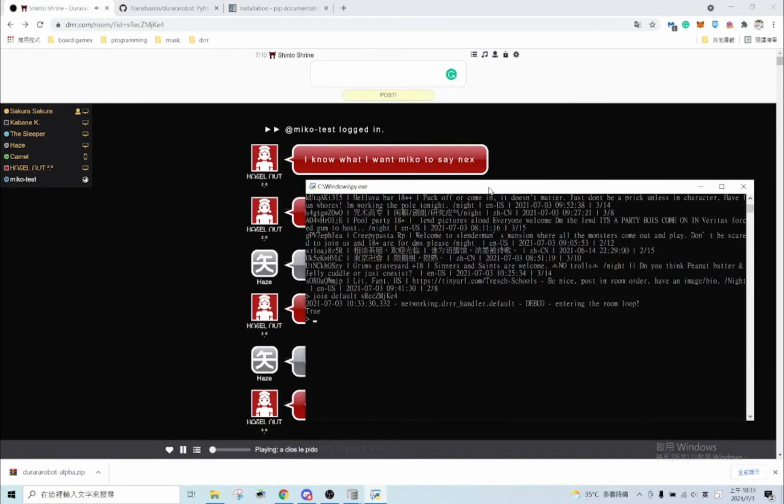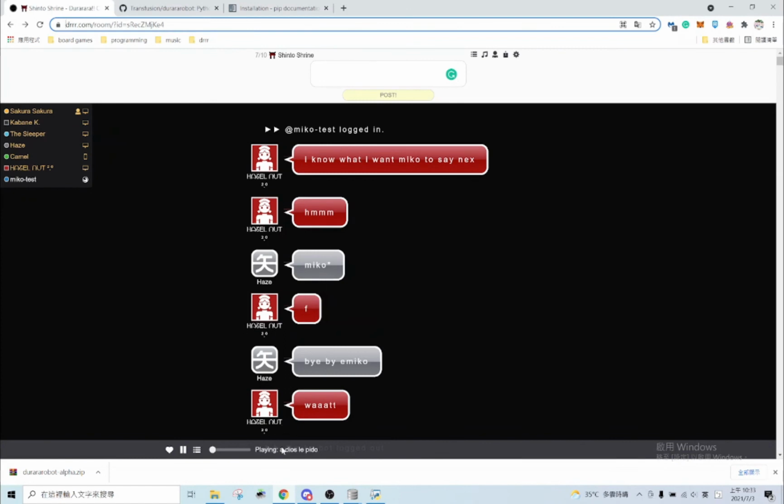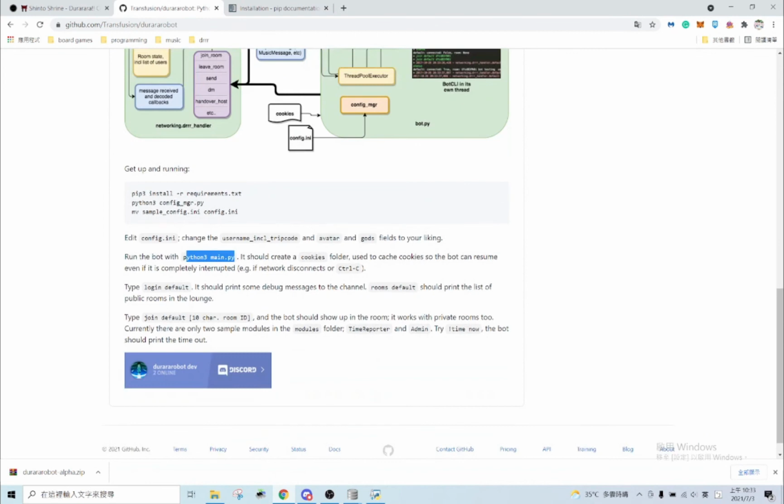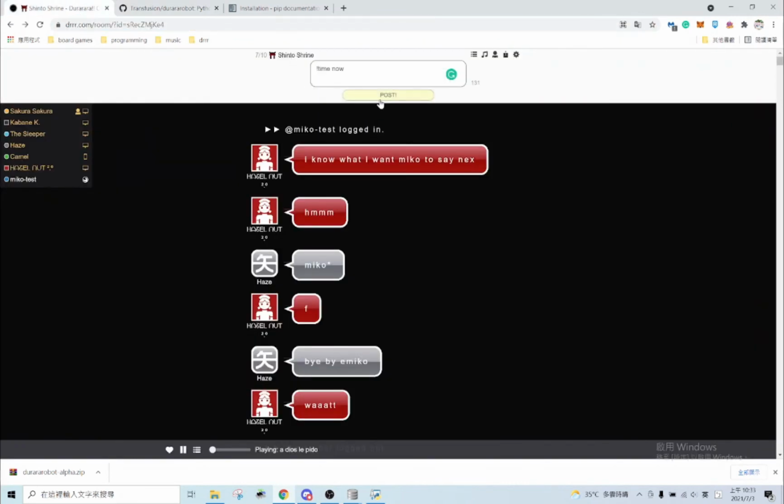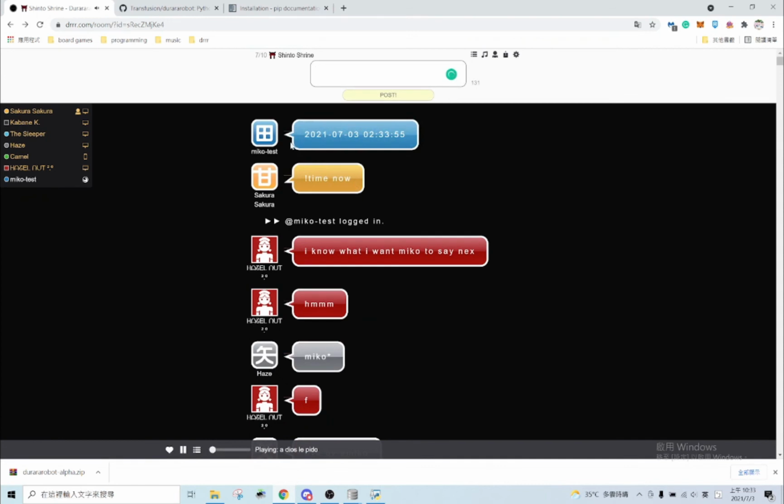Alright, so now this is Miko test. Miko test is in the house. So right here, as you can see, it has a time reporter and an admin module. And the function you can try is time now. So you copy that. Just to test if the bot is working, just write time now. And your Miko test should return the time you have right now. So it means it's working. Okay, so